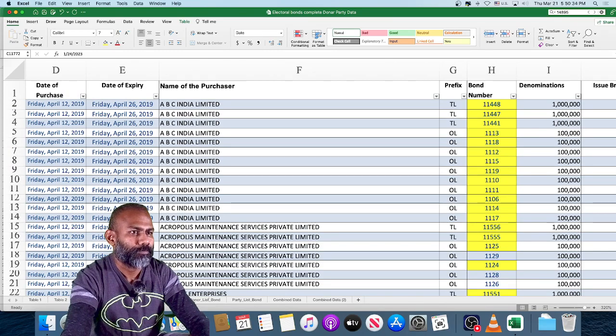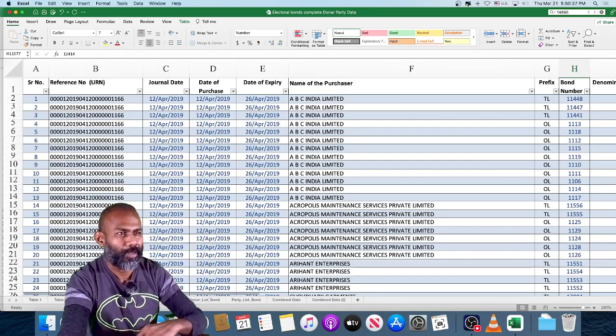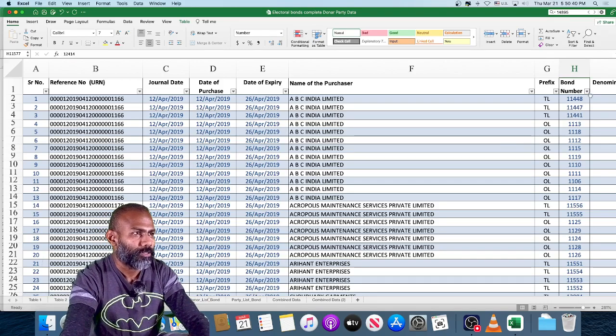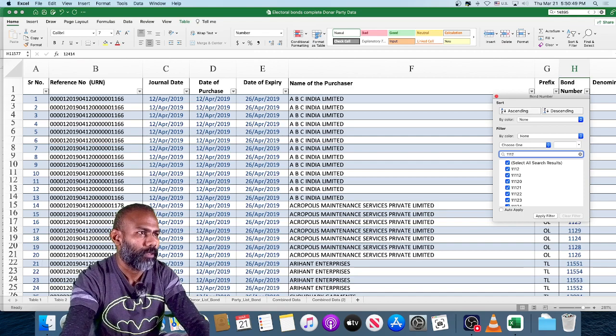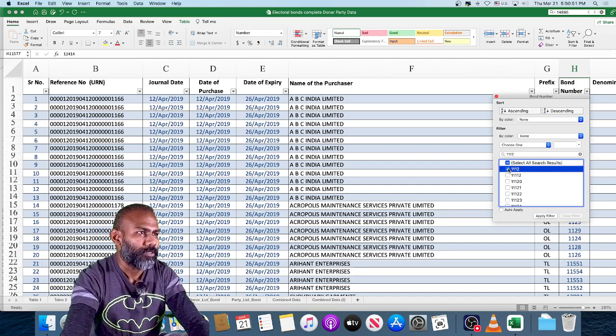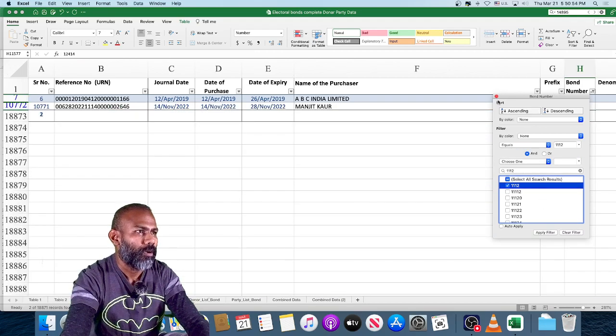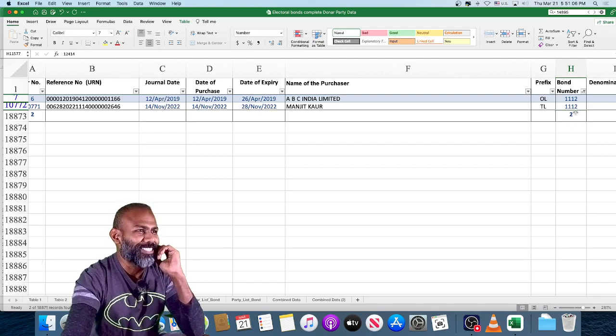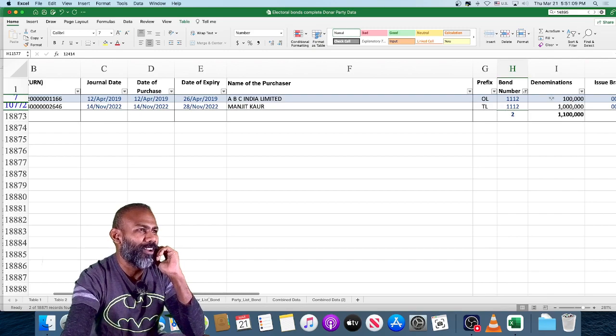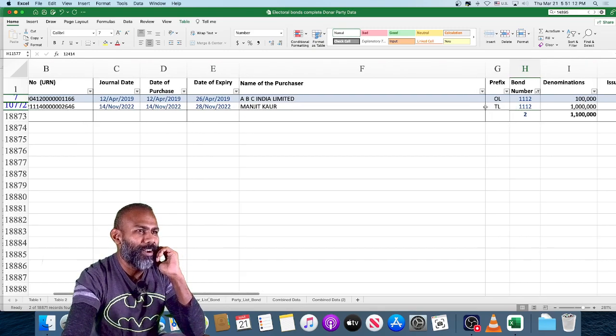Never mind, I'll come back to that later. So let's see if I can find this bond, 1112. Just pick this one. So there's a bond number 1112 bought by ABC India Limited on 12th April 2019 of 1 lakh rupees, and the same bond number was bought by Manjit Karur for 1 crore rupees